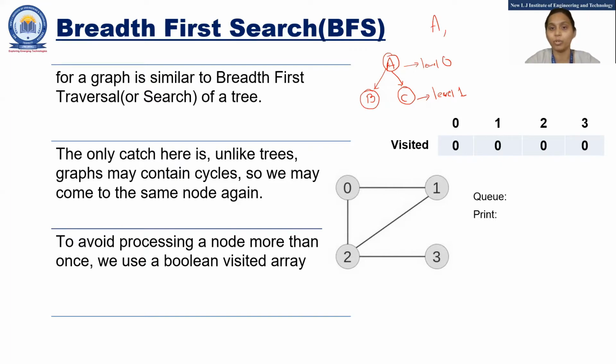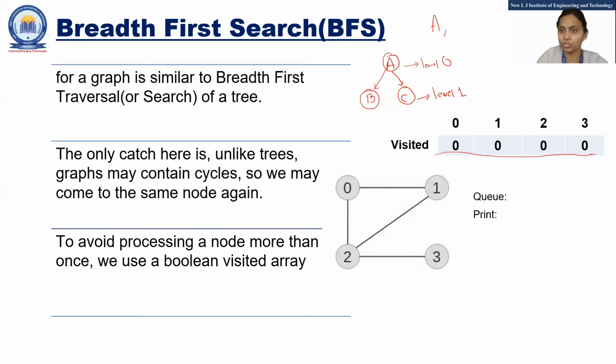But in a graph, one problem is that in a tree, you never find any repetition because a tree has no loop. In a graph, this can happen, that B is visited and now B comes again, but in a tree, it cannot happen. So for a graph, you require to maintain one extra thing, that is whether the node is visited or not. For that, we set a flag.